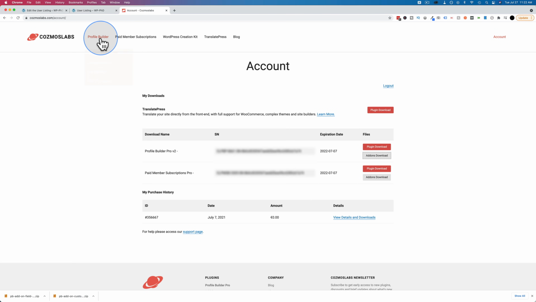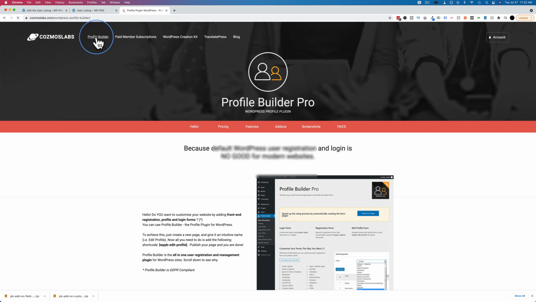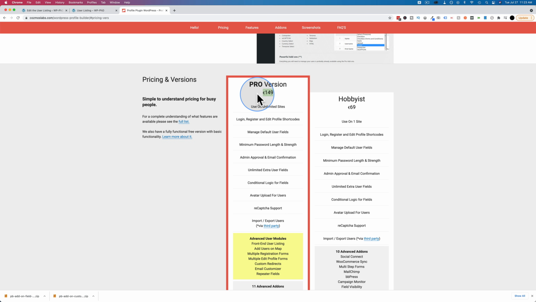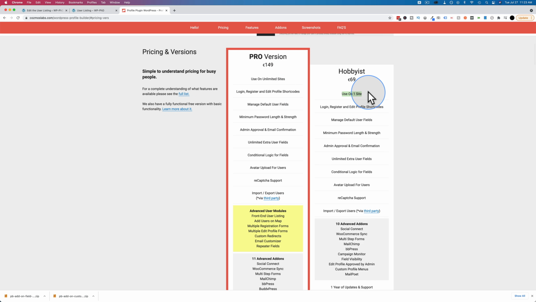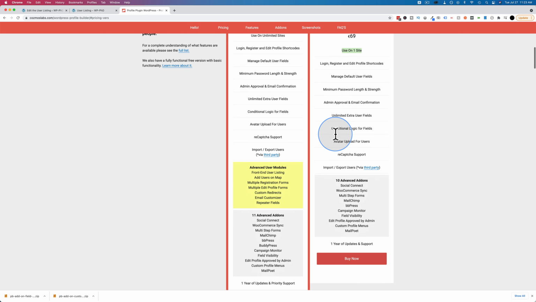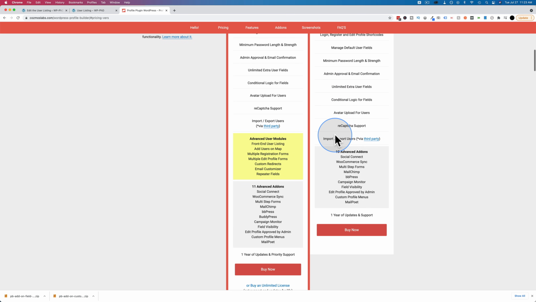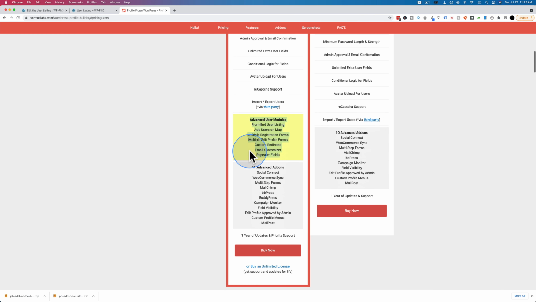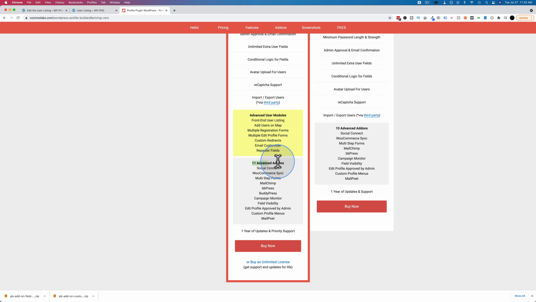If you like what you see with Profile Builder, and I don't know why you wouldn't, this is the Pro version that we use today. Let's see how much that costs. Let's go to Profile Builder Pro. The Pro version is $149 and the Hobbyist is $69, and those are euros. This is for one site, and it also doesn't have everything. Here we have advanced user modules, which is only with the Pro version, not with the Hobbyist version. And there are also 11 advanced add-ons versus 10, and the one that this one has, the other one doesn't, is